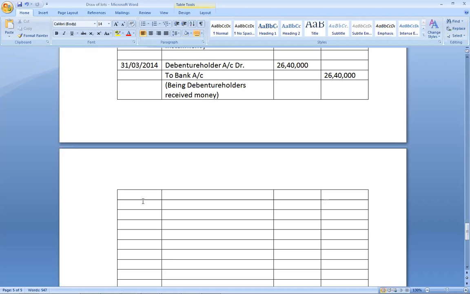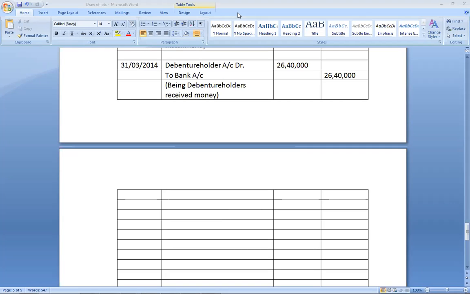And one question from one student. He is asking, ma'am, whether we have to redeem out of profit or out of capital, how to know if the redemption is out of profit and out of capital? See, in the question they will mention that they are going to issue equity shares or preference shares. If they are not giving any data on issue of shares for redemption of debentures, that means that equity share money which they will collect after issuing, they will use it in the debenture redemption.